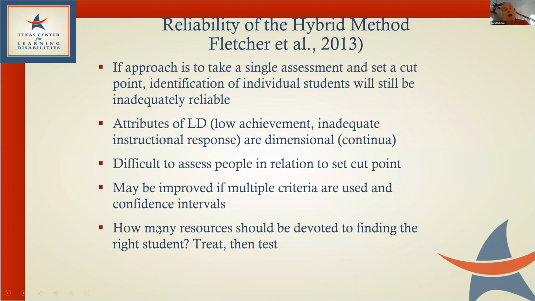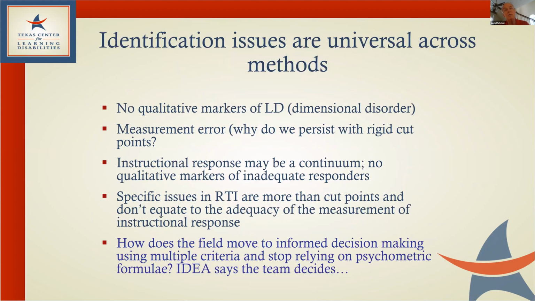at risk. How many resources should you devote to finding the right student? It's not test and treat, it's treat and test. Assess kids in relation to interventions. So identification issues are universal across methods. There are no qualitative markers of learning disabilities. We have measurement error, and I don't understand why we persist with rigid cut points. Instructional response is a continuum. There are no qualitative markers of inadequate responders. So specific issues in RTI are more than cut points and don't equate to the adequacy of the measurement of